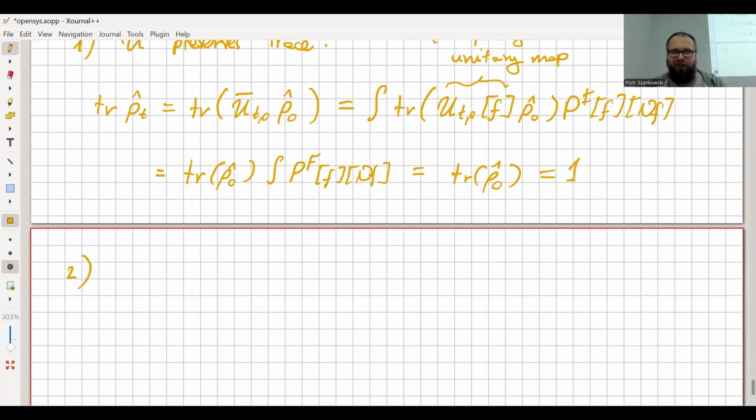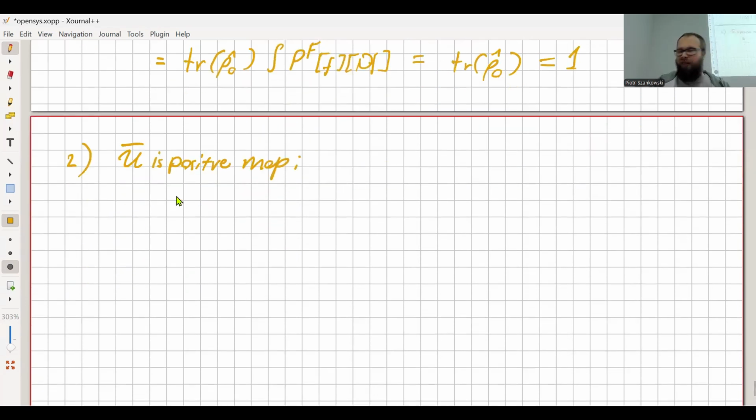Does it preserve positivity? So the second point is to show that it preserves positivity, or you just say that it's a positive map, which means that it preserves positivity. It's also a straightforward calculation. So we take our stochastic map acting on rho 0, but this guy is again a unitary map,